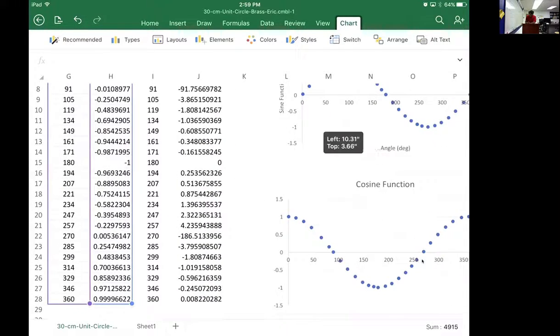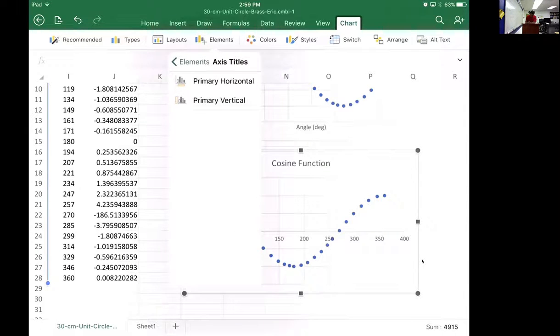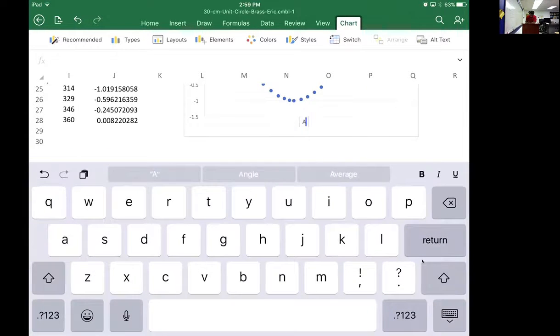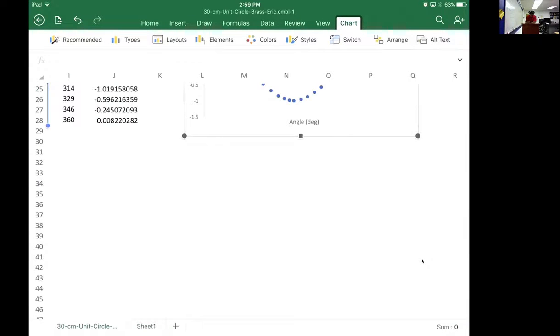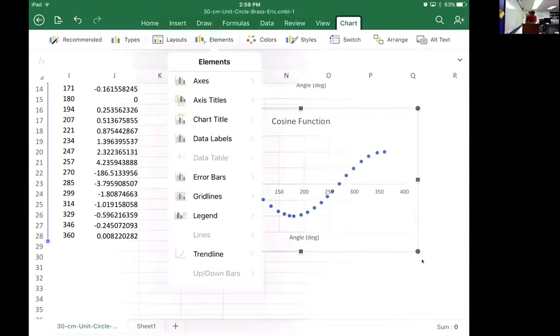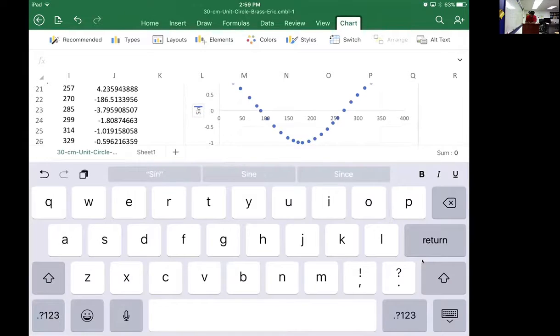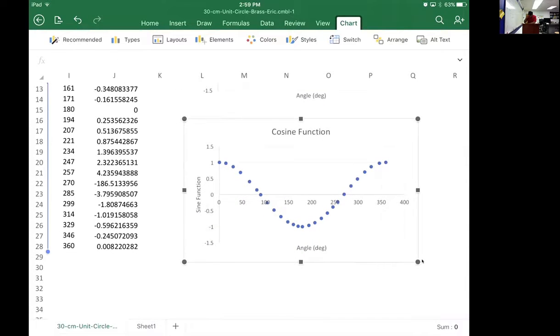So let me go ahead and add elements. So the primary horizontal is angles, and that's in degrees. And then the primary vertical, that is the cosine function. All right. So I have a cosine function, and this is really a correlation between our angle and